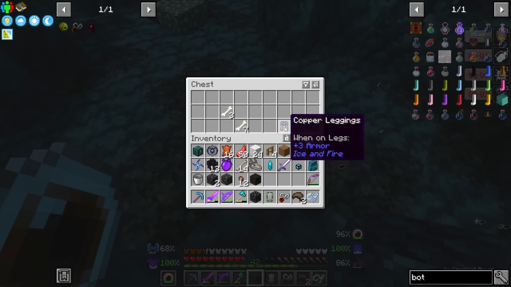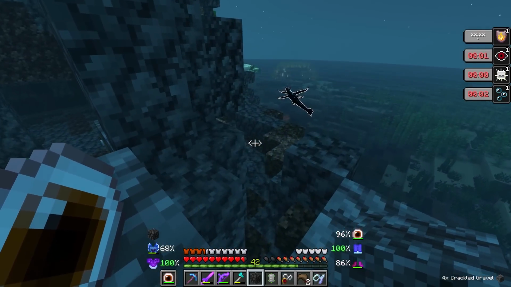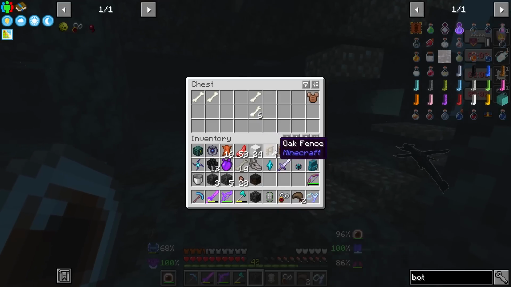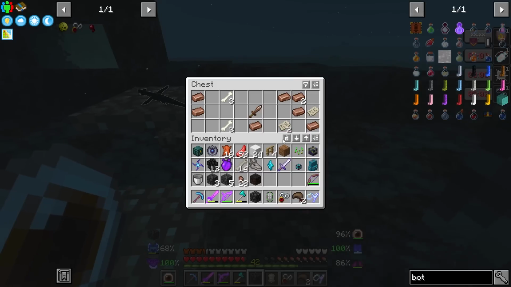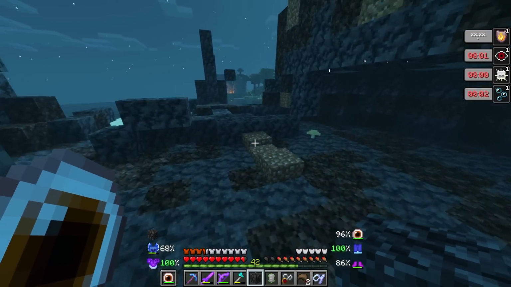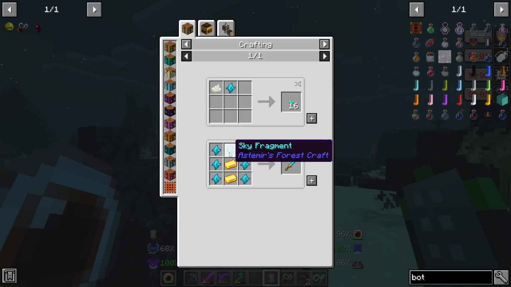What was that? We got some copper leggings. Look at all the copper laying about. There's another chest. More copper. Just wondering if there's anything else in here. I just want to take all the manuscripts. Nothing else. Oh, bummer. So I was looking at what these sky fragments can be used for, and I remember